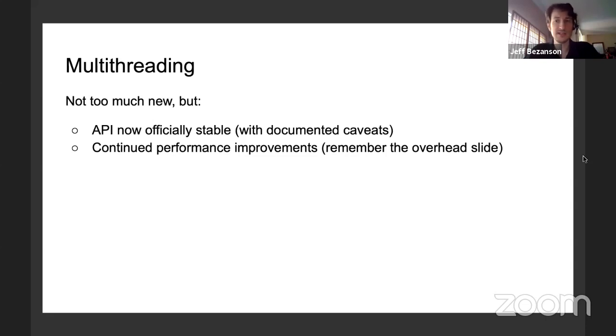Yeah, multi-threading. There aren't really many new features. There are a couple new features actually, but we're basically declaring parts of the API to be stable. Instead of just saying it's experimental, don't use it, we've gone through and tried to carefully document where all the sharp edges are, so that we can signal that it's really ready to be used, because a lot of people are starting to use it.